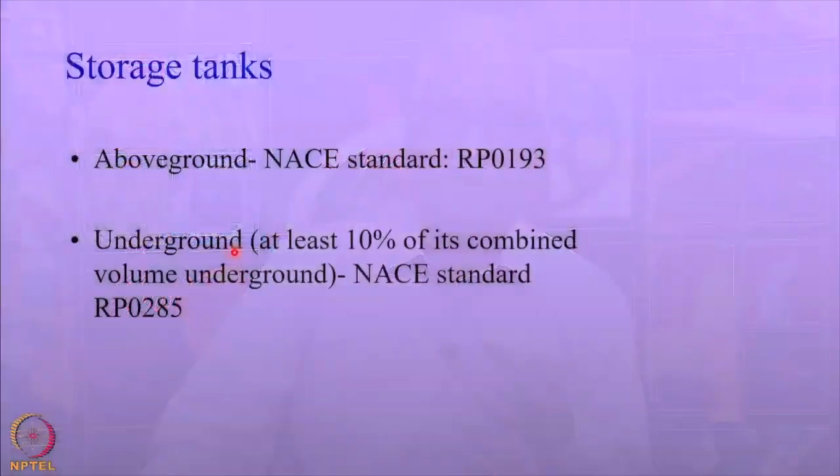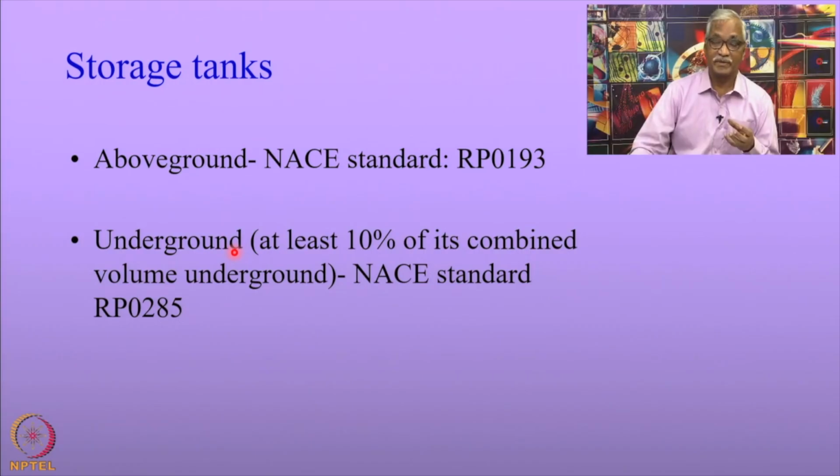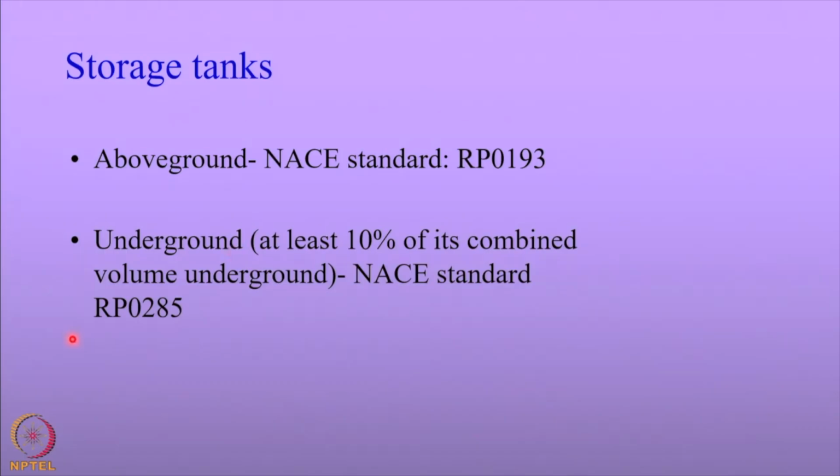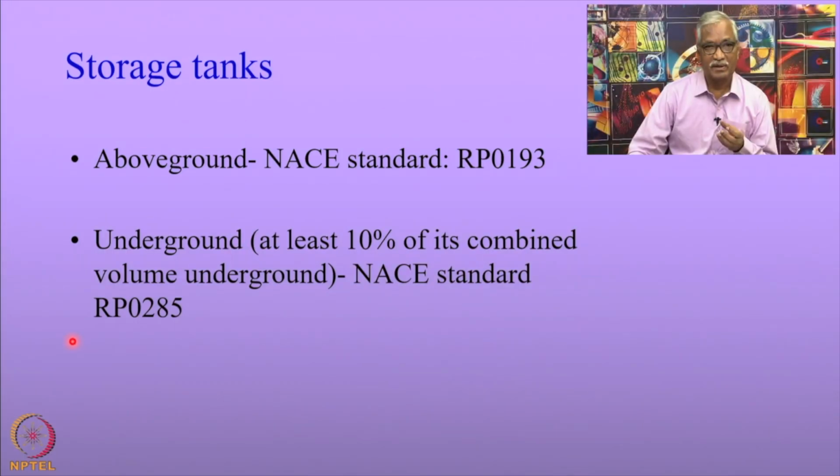The storage tanks, if you look at it, come next only to pipelines in terms of the extent of cathodic protection applied to structures. So, let us look now at the cathodic protection of storage tanks. The storage tanks are classified into two categories: above ground storage tanks and those which lie underground. These two kinds of storage tanks are governed by two NACE standards, which are RP 0193 and RP 0285 for